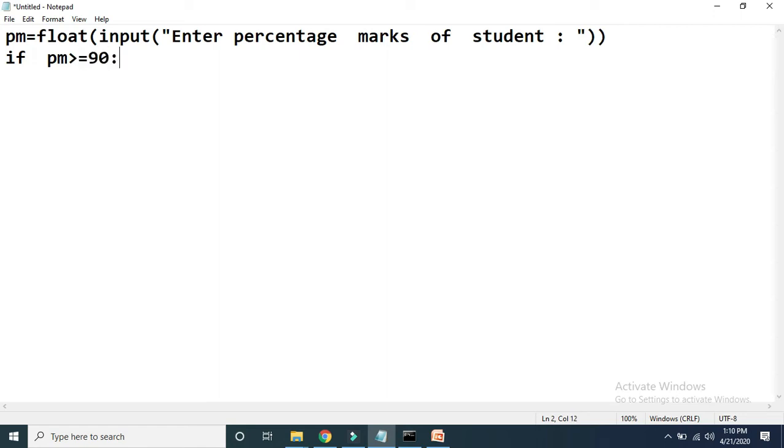If this condition is true, then we display: grade of the student is O. If this condition is false, it means percentage marks are not greater than 90, so now we have to consider the second condition.